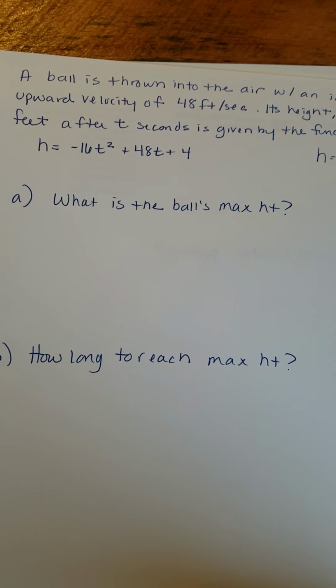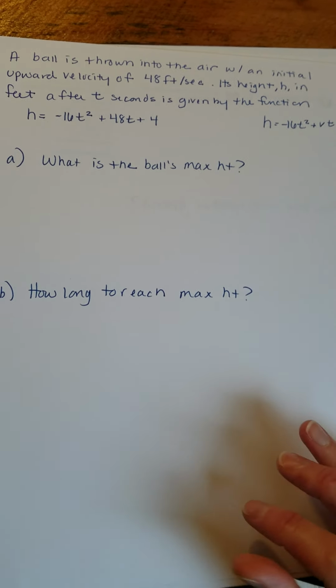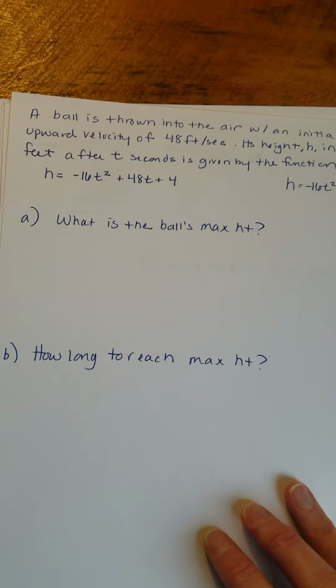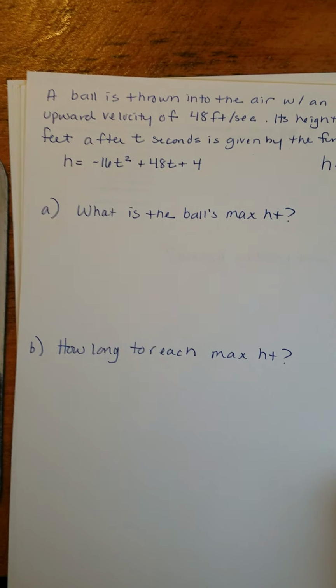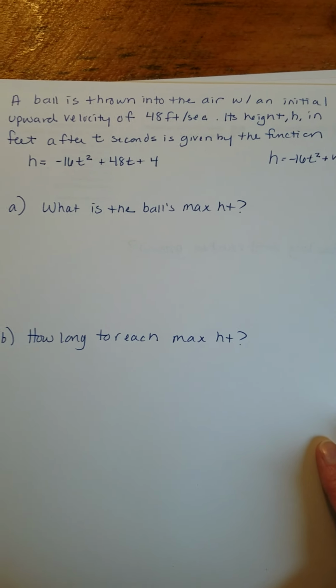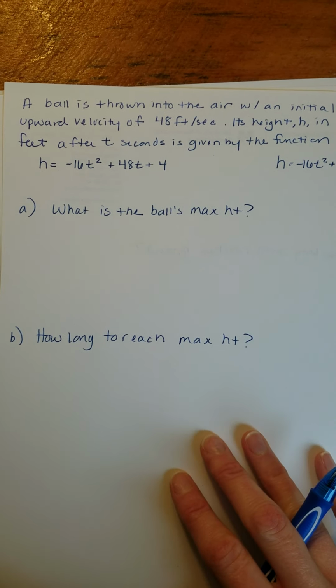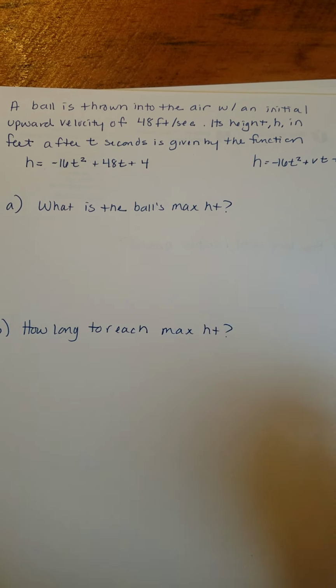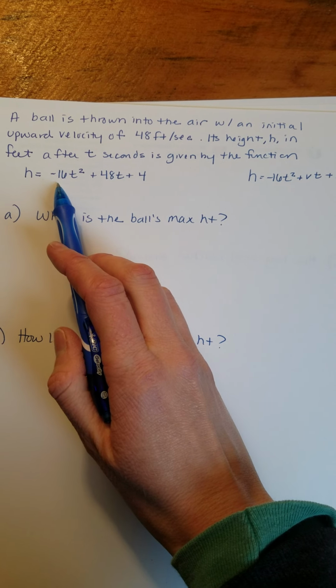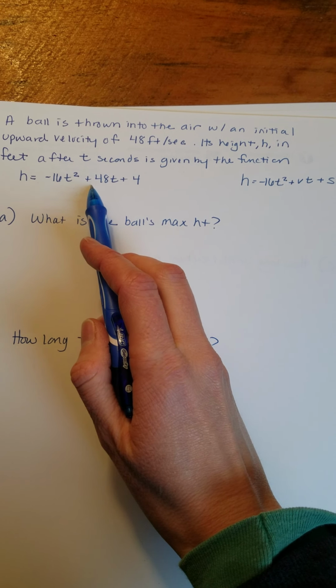Okay guys, welcome to quadratic word problems where we are doing projectile motion. Alright, so here's the problem that we have. A ball is thrown into the air with an initial upward velocity of 48 feet per second. Its height h in feet after t seconds is given by the equation h equals negative 16t squared plus 48t